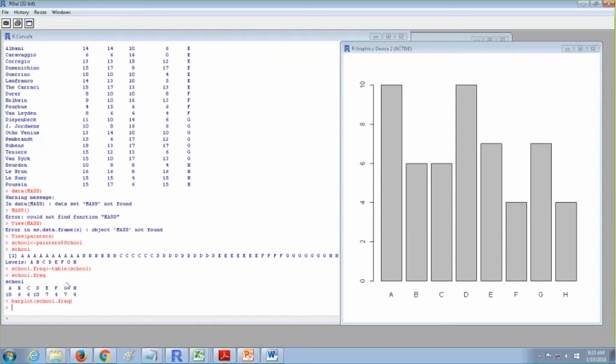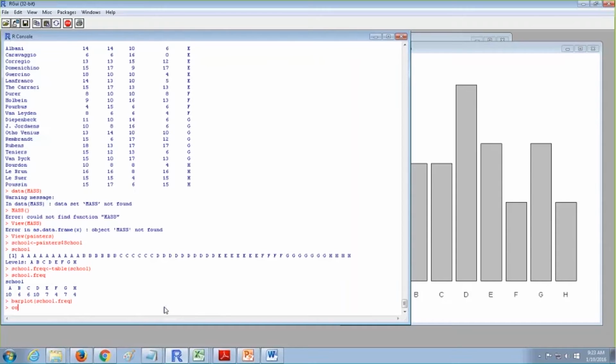If I want to include colors so that this graph looks colorful, I'm going to create a variable called colors. In this colors variable I'm going to concatenate many colors. Say for the first plot, I'll make it red.